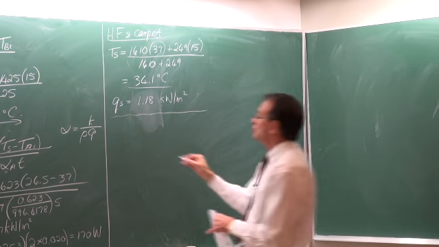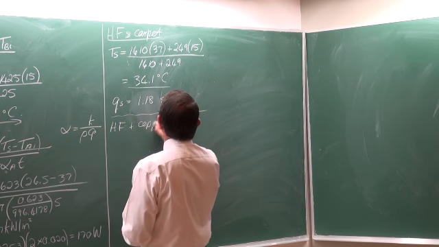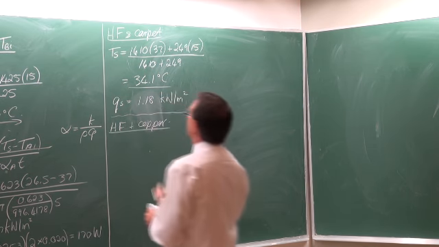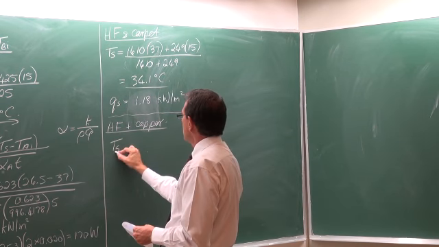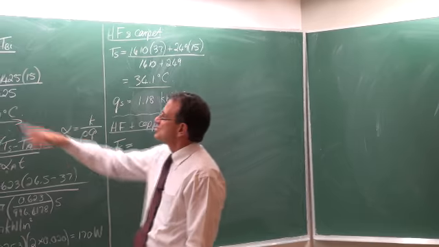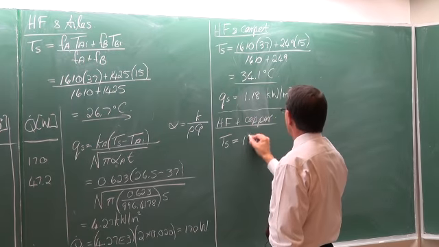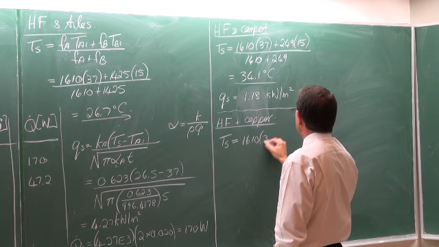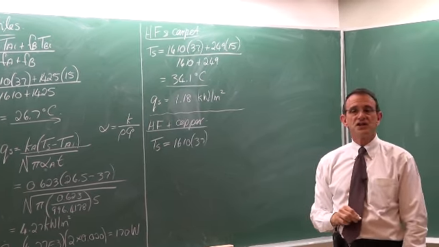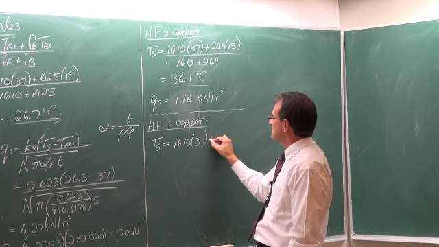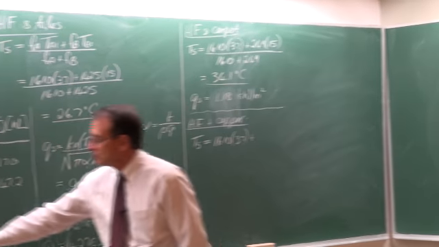Let's look at the third one, the human flesh and the copper. In the case of the human flesh and the copper, the surface temperature is equal to the F of the body, which is still 1610, multiplied by the initial temperature of the body, which is 37, plus the F value of the copper, which is now equal to